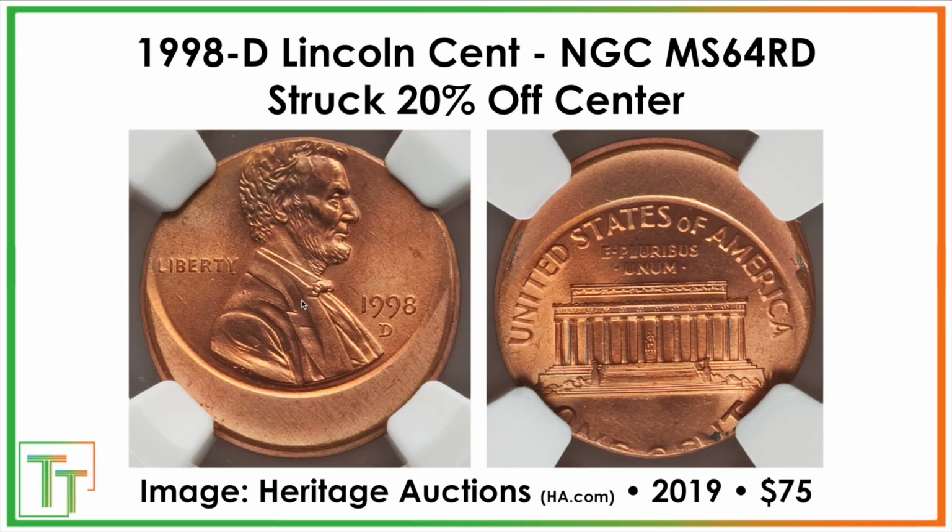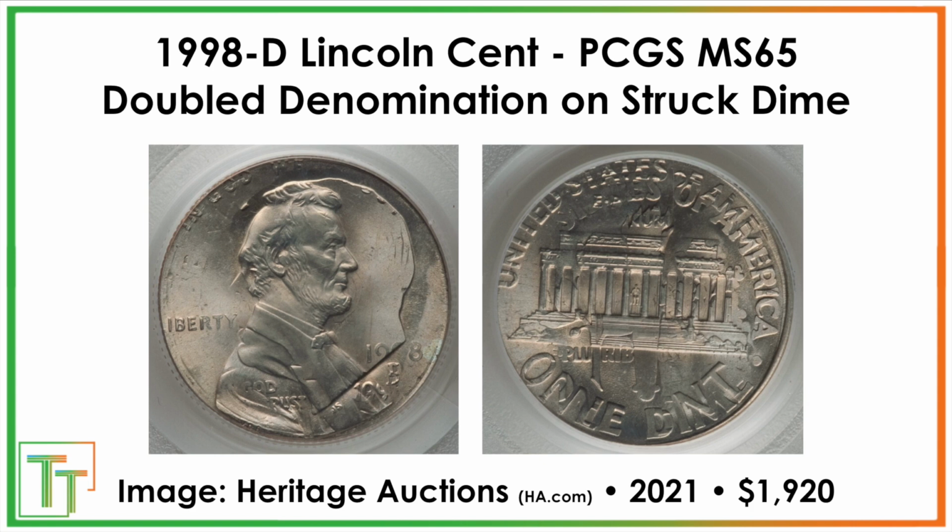There's also some mint errors I want to go over. So this one was struck 20% off center. Simply the planchet didn't go fully between the striking presses and was struck off center. This one sold for $75. This one sold for almost $2,000, and it reflects the rare error market having been strong, because I've seen coins like this that sold 10 years ago for like 20% of this price,